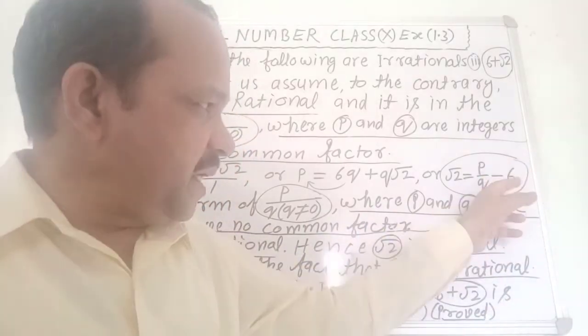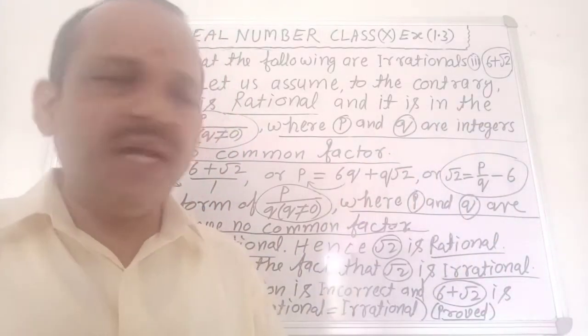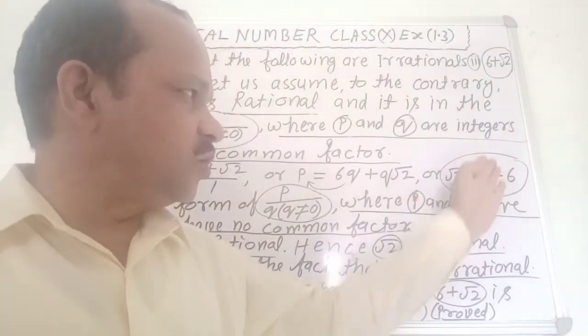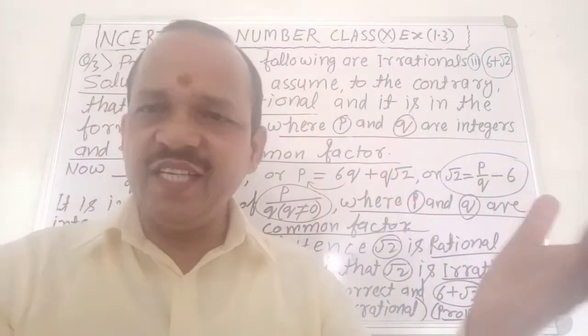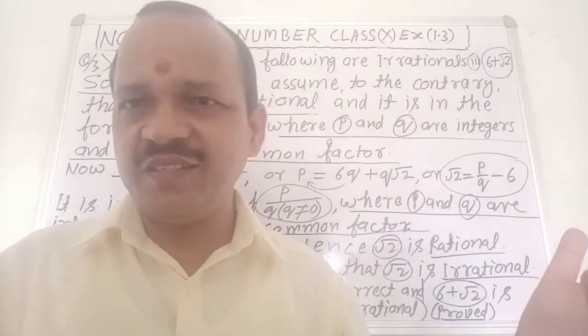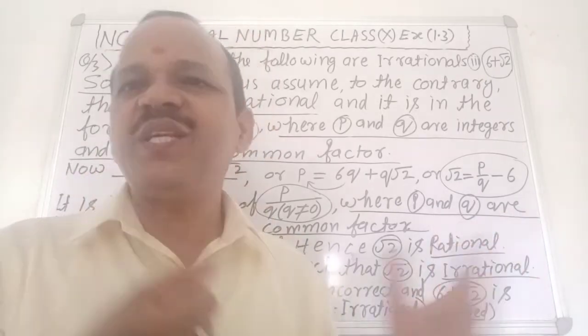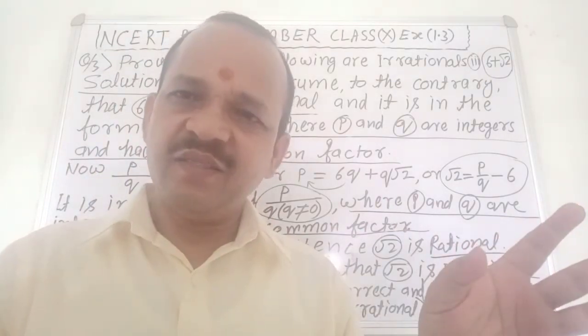If p by q minus 6 is rational, then root 2 is rational because root 2 equals p by q minus 6. Clear? No confusion about it? It is very easy, but our assumption is incorrect because